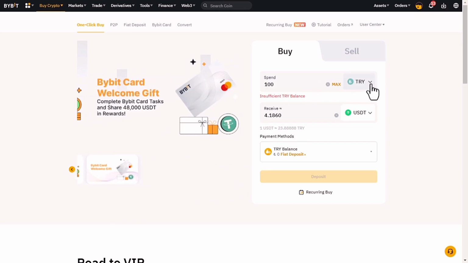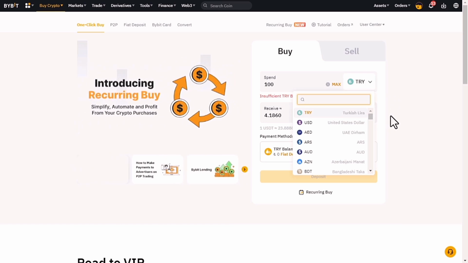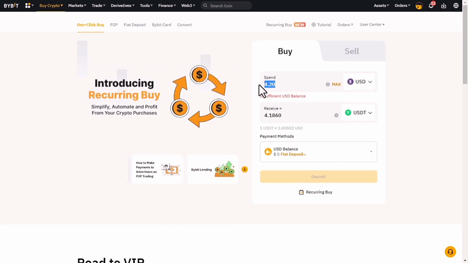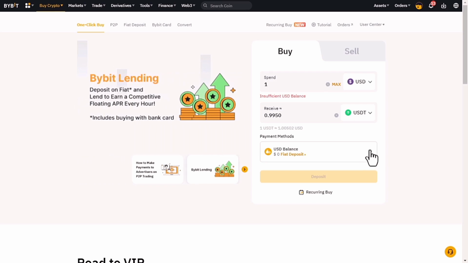For example, as we know, USDT is the stable coin for US dollars. So if I choose US dollars, it's gonna be 1-to-1 almost. Let's say if I wanna have one, yeah, it's almost close to 1 USDT. That's all about it. The other way is, if you don't have any available fiat and you don't want